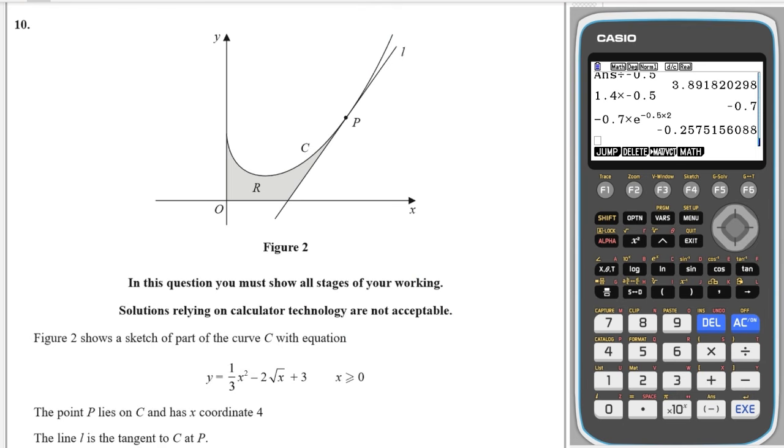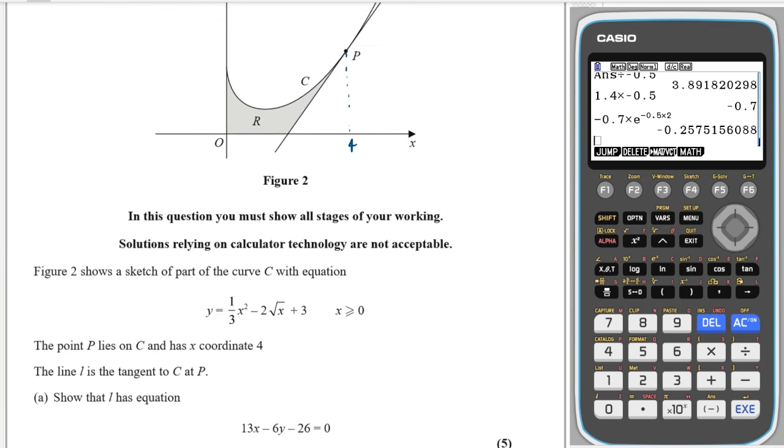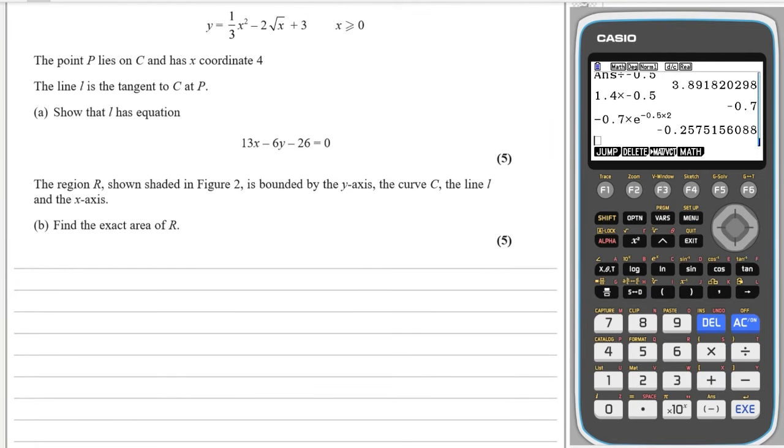Okay, we have question 10, and we have a curve and we have a tangent, and we're given the curve and we are told that this tangent is at the point x equals 4, and it says show that L is equal to that equation. So I will need to differentiate the curve to get the gradient function,